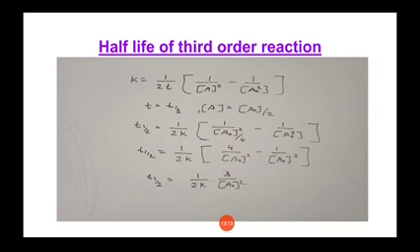So to find half-life, we are using our equation of rate constant, that is K is equal to 1 upon 2T into (1 upon A square minus 1 upon A0 square). Now obviously the symbol of half-life is T1/2. So instead of T we write T1/2, and instead of A we write A0 by 2, where A is the concentration at time T and A0 is the initial concentration, or concentration at time T equal to 0. So A is equal to A0 by 2, meaning 50% concentration.